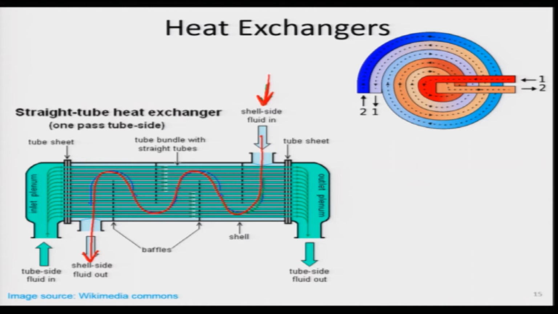We will talk in detail about why we call it shell side. Then maybe I will pick orange color over here. So, this is the tube side in, and these fluids will thermally interact with one another. Let us say the tube side in could be some sort of oil which is going in, and the shell side in could be just water which is going over here. Essentially what we want to do is exchange the heat between these two types of fluids.